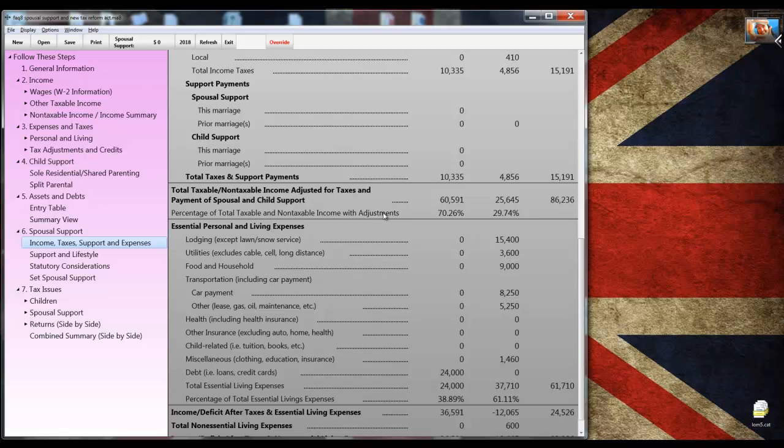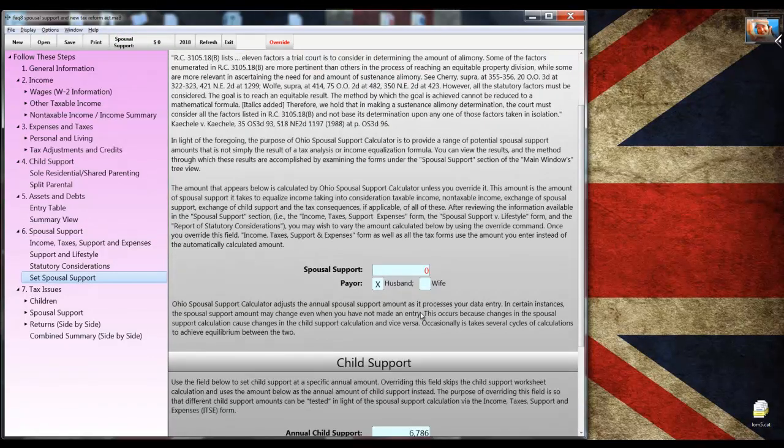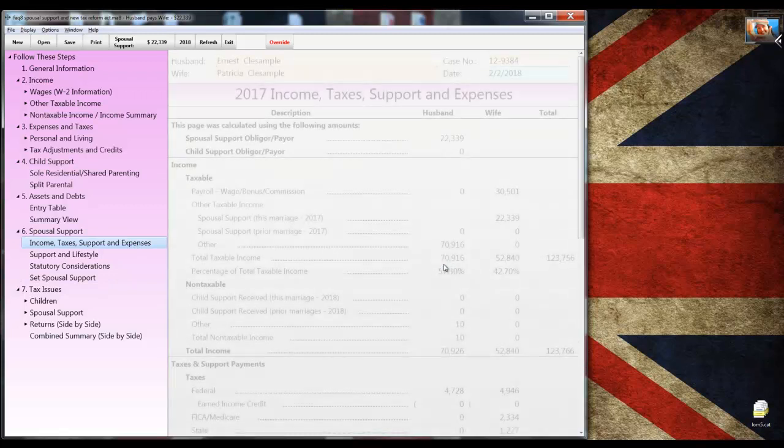So to move on from there, I'm going to go back to the Set Spousal Support screen, and I'm going to unfreeze or cancel the override on spousal support. And wow, that's pretty cool. It jumps right back up to what it was supposed to be, quite a bit different from the $17,500 we were expecting. And my first question actually is, well, why is that? And what we're going to do is take a look back at the ITSE form and see why that is. The income section is the same, with the exception that the